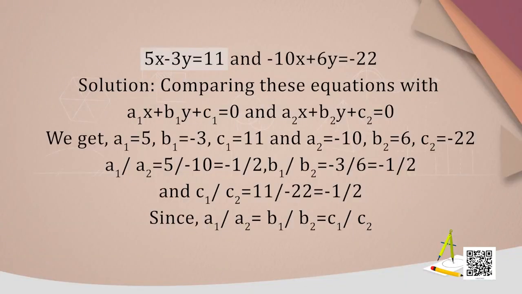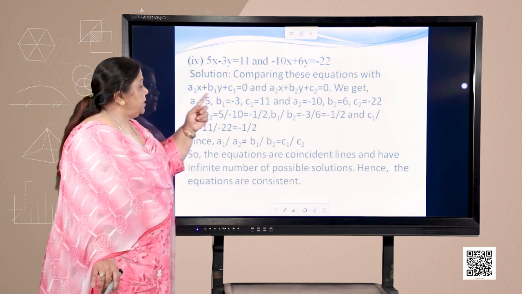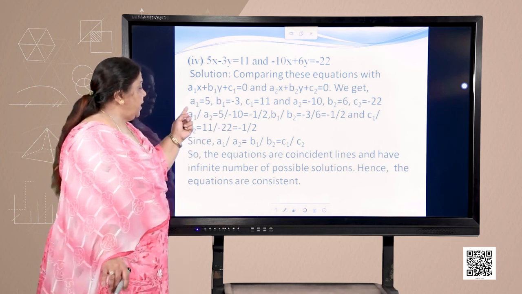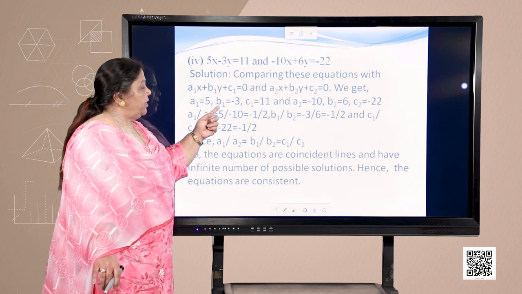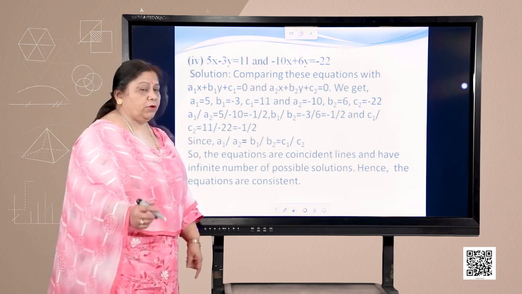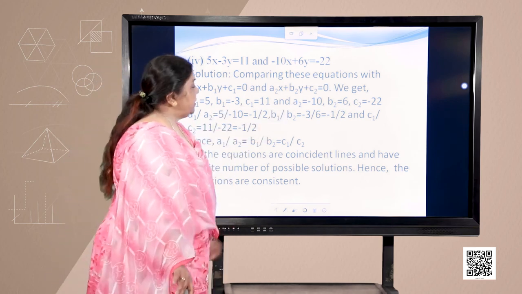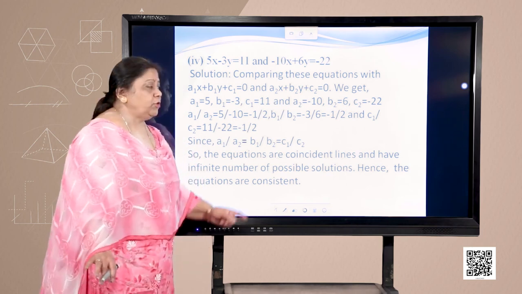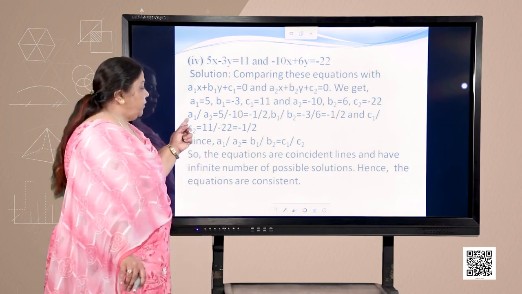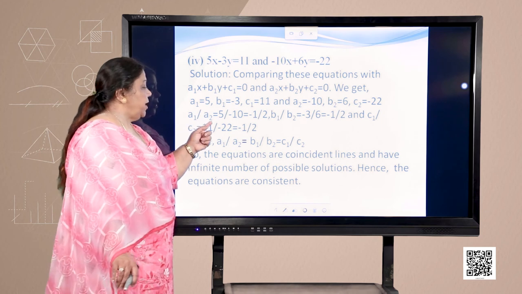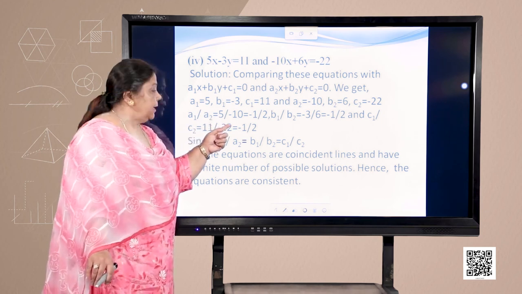5x minus 3y is equal to 11, minus 10x plus 6y is equal to minus 22. On comparing these equations with the general equations, we get a1 is equal to 5, b1 is equal to minus 3, c1 is equal to 11, a2 is equal to minus 10, b2 is equal to 6 and c2 is equal to minus 22. So, when we take the ratios, a1 upon a2, we get 5 upon minus 10,